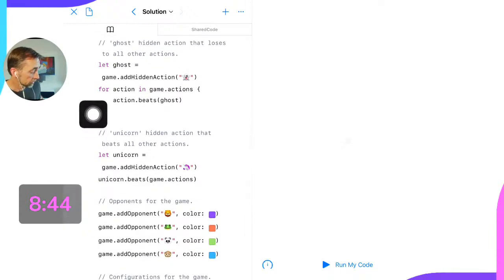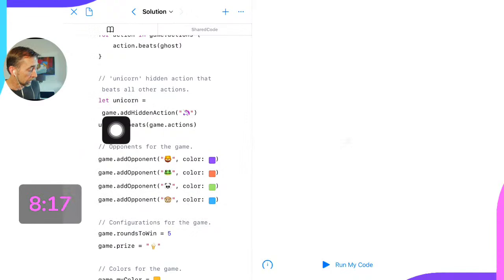And you can see here, now we might not know all the syntax, exactly what's happening here, but we have an idea because we've learned about loops on Wednesday. We see that for keyword. So we're looping through, and if we read this like an English language sentence, we can see that we're looping through all these game actions. And then for each action in that list, it must be a list, we're going to say that they beat the ghost.